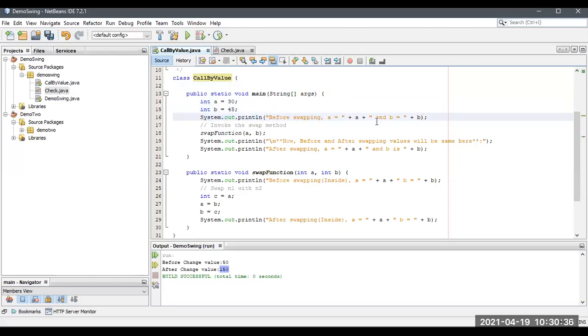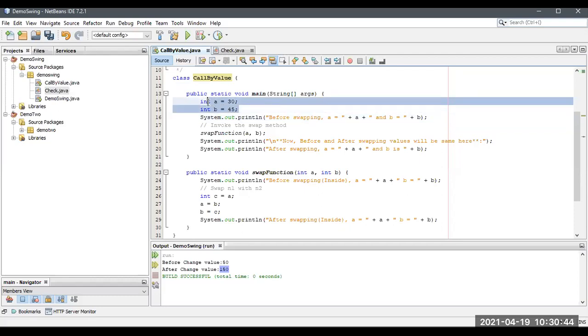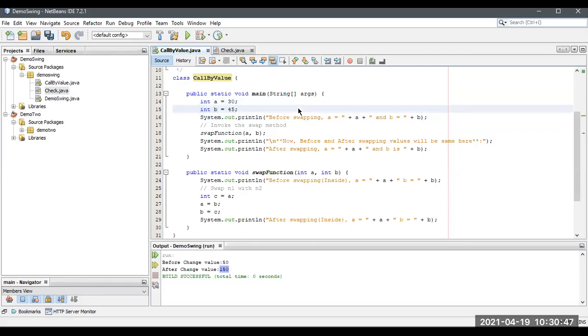So I'm going to print A and B before swapping. I'm going to swap. A is equal to 45, B is equal to 30. This is the swap program. See this, you will understand very easily. Please make sure that these values are going to be changed. Okay, A is equal to 30, B is equal to 45. What will be the output till here? It displays A as 30, B as 45.